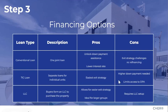Versus the next one here is a TIC loan. It's a TIC, a tenants in common loan. And that is actually separate loans for individual units. You can't use a TIC loan on a single family home property, for example, right? You actually have to have separate units that have their own kitchens and their own bathrooms. But in this option, it is by far the easiest